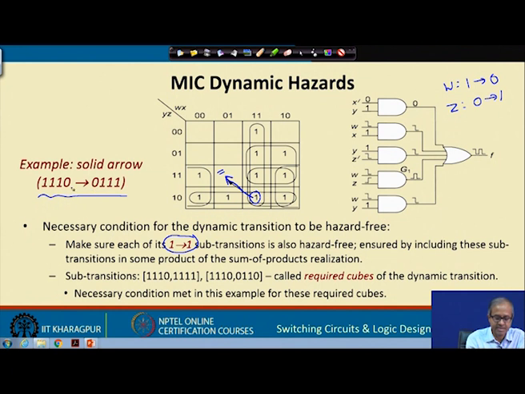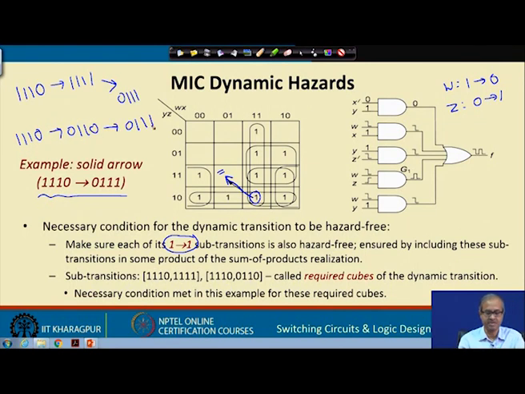You see W and Z both are changing here, right. Now, for this you look at the sub transitions, as I said, to go from 1110 to 0111. So, you can have 1110 to 1111, then you can go to 0111, this is one possibility, or you can go to 0110, then 0111, one input changing at a time. So, there are two possible intermediate temporary states you can go through, those will be the sub transitions I am